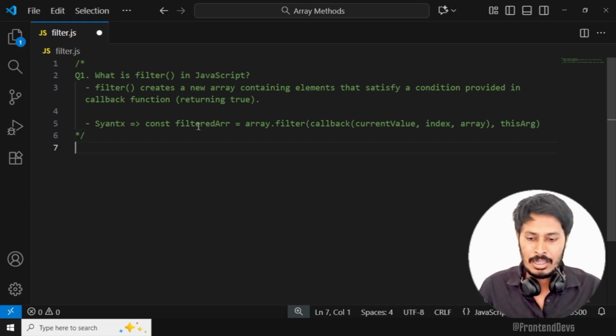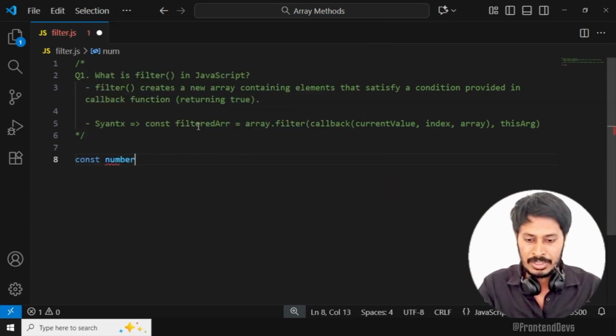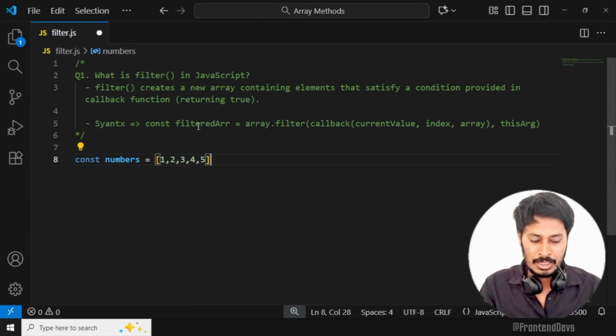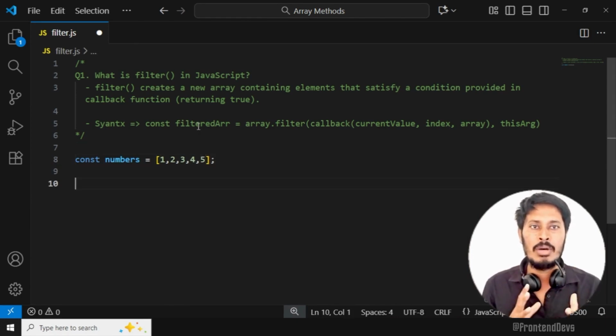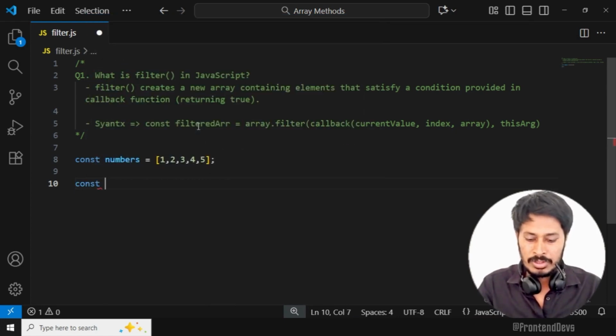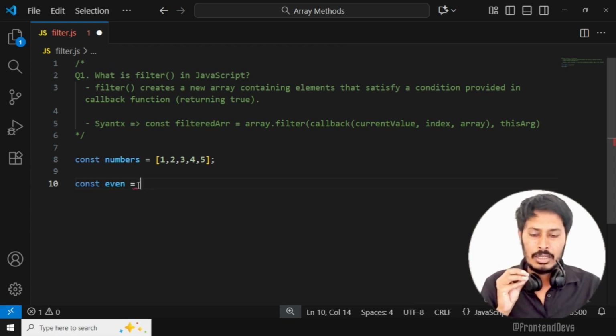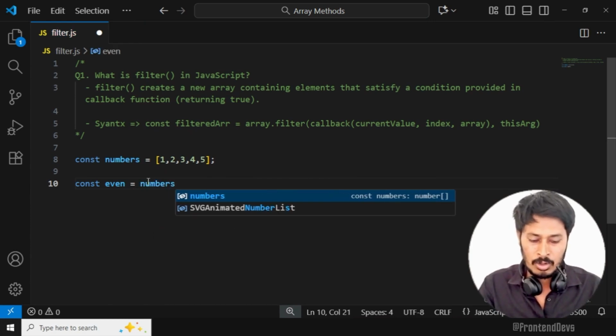Just to understand, let me go with a very simple example. I will go with a few numbers here. That will be the array, and I will go with 5 elements here. And then we will use the filter function on these numbers to filter the array based on even or odd. Let me go with one const. It could be even, and it will store the data returned by our filter function. We will use this filter function on the existing array